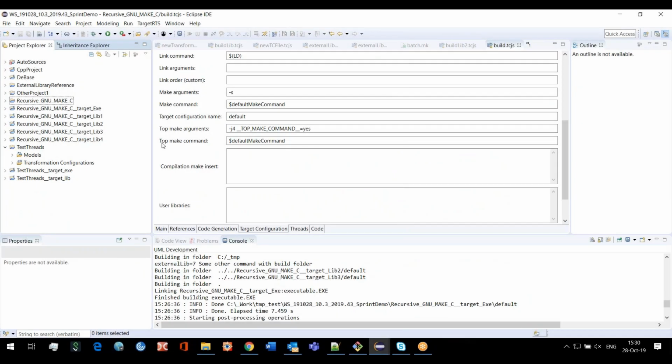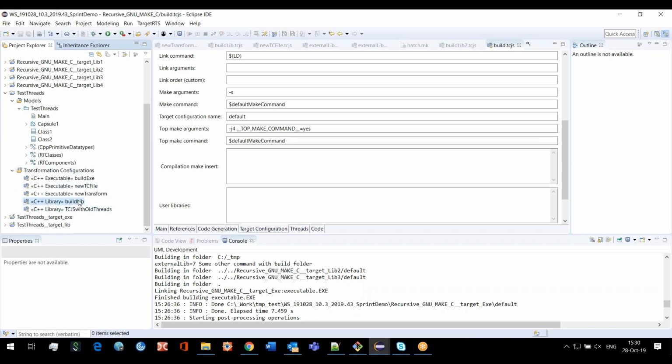Yes, okay. So I will talk about improvements in the model compiler and in the TCGS editor. The first topic is the representation of threads in the TCGS editor and in TCGS code, in TCGS transformation configurations. So I have a sample model and